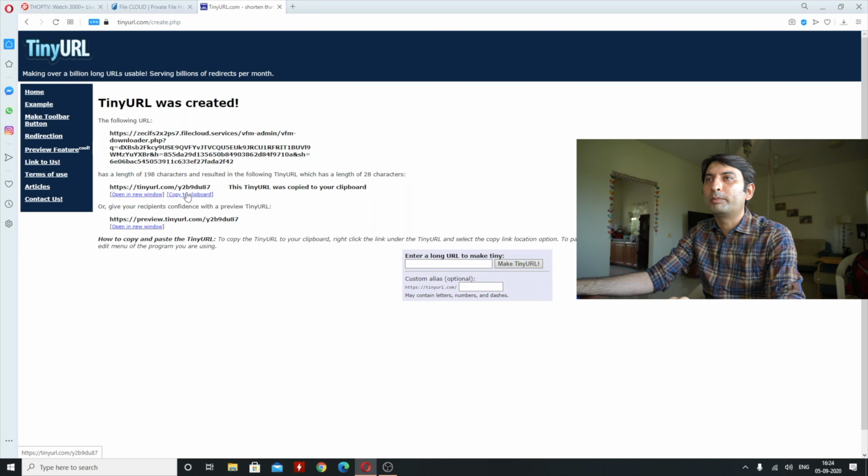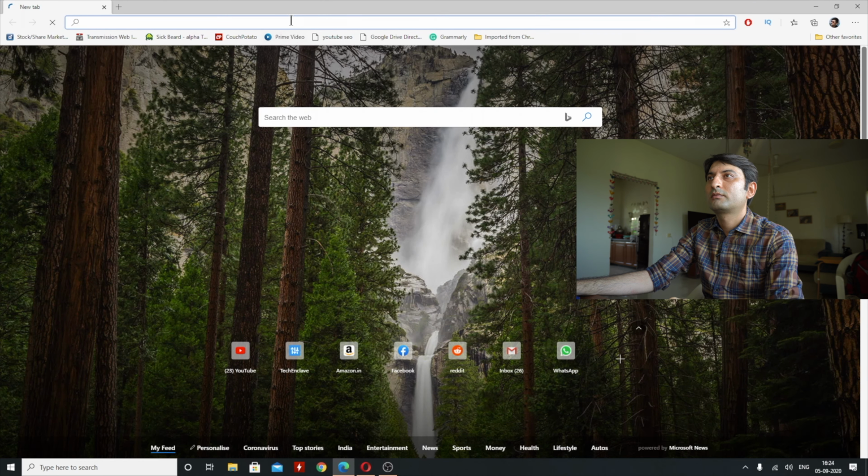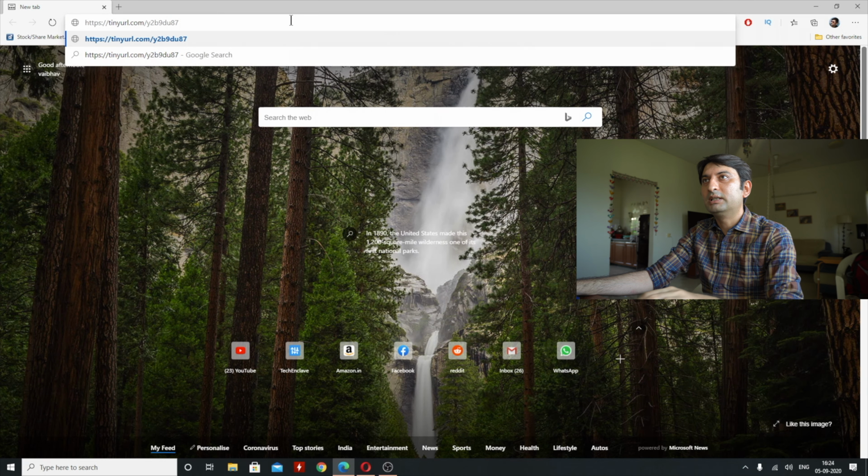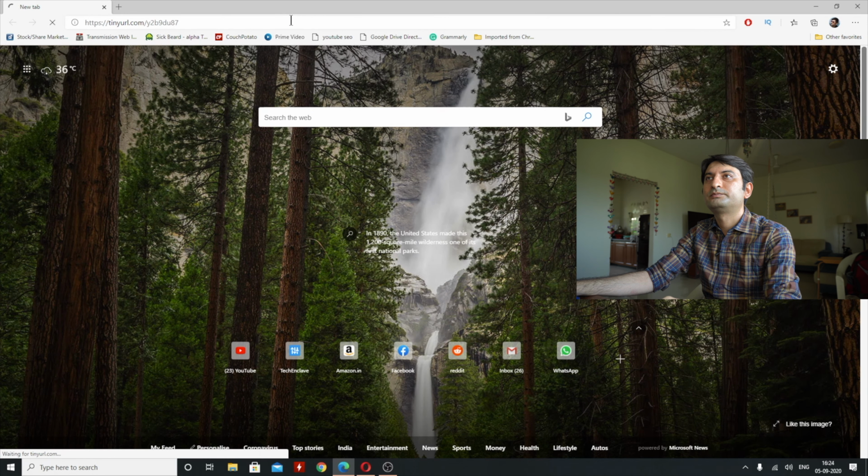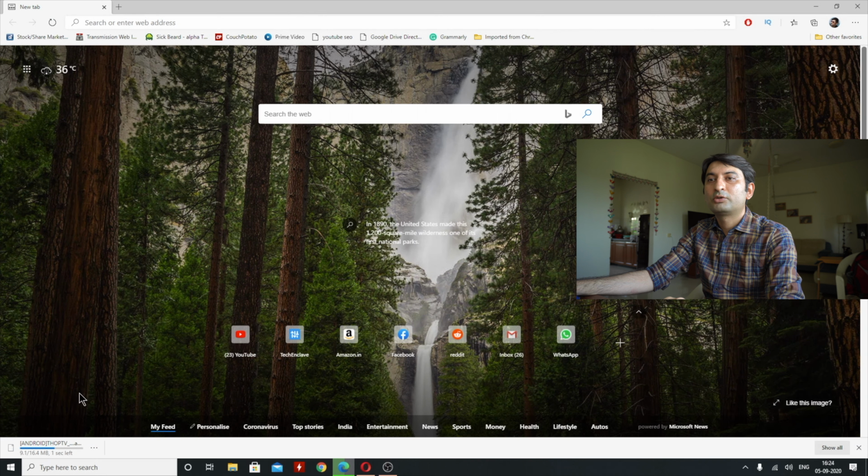So you can click on copy to clipboard or you can directly highlight the whole link and click on copy. Now, in order to check whether our link is okay or not, what you can do is you can open another browser window and you can paste the link and press enter. So as you can see, as soon as I typed in the link and pressed enter, the Thop TV download has started and it has even completed. So what I mean to say is our link is now ready.